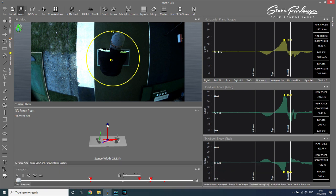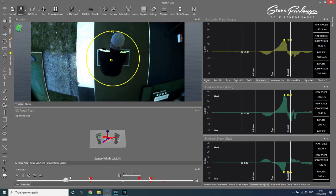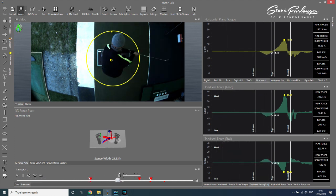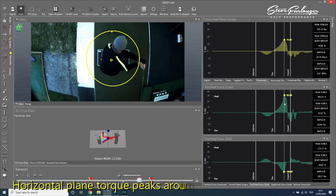So this is my left foot, right foot, in its vertical location, and then that's projected down on the ground. The blue line on the plate here is the trace, and the red trace line is the trace of the center of pressure. So as we play this swing back and we start to reach our peaks, as we can see, that is being driven primarily by the lead side